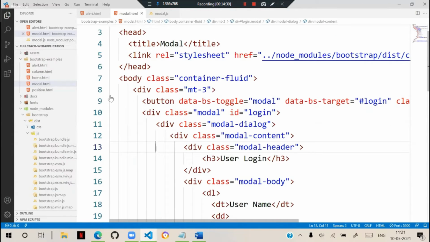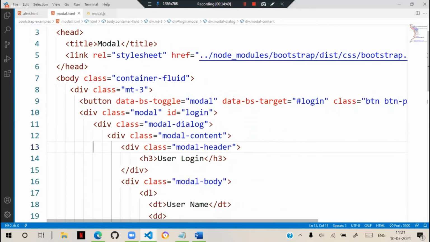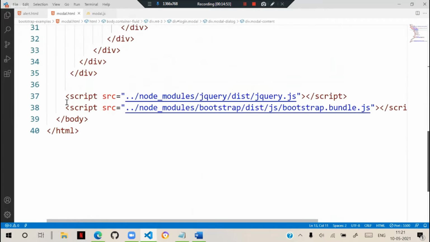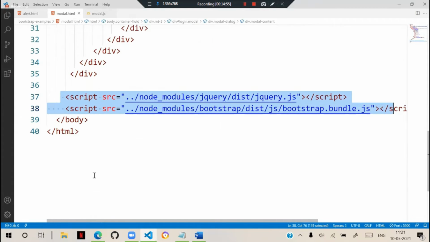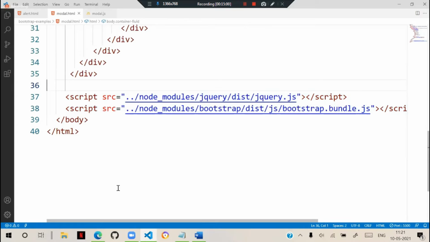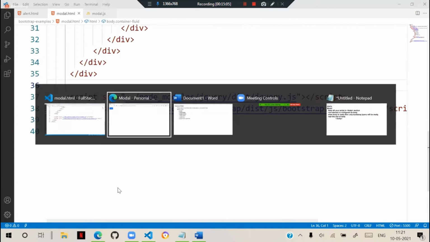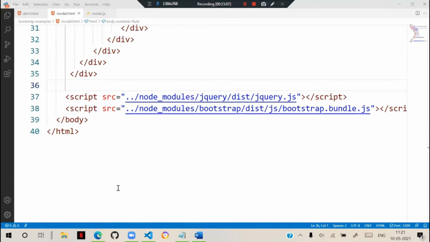So it is recommended to use all the scripts, jQuery and the bootstrap scripts, inside the body section, and better to keep them at the end of the body section. Already I told you two locations are there, the head section and the body section, where we can keep the scripts and styles. In version 5, they strictly recommend this.